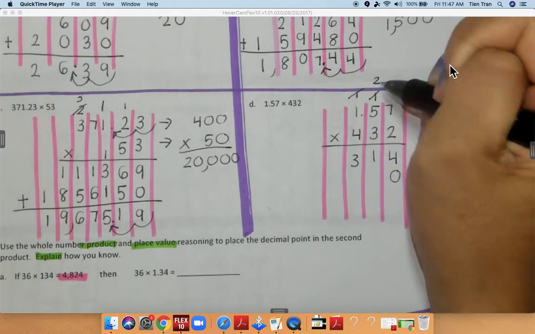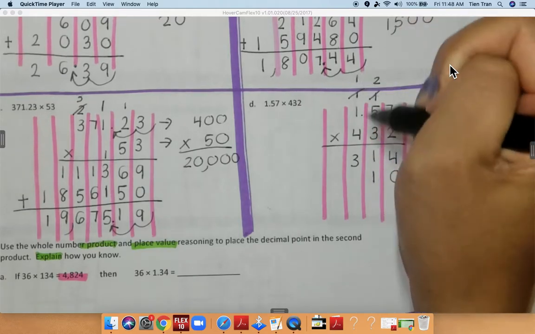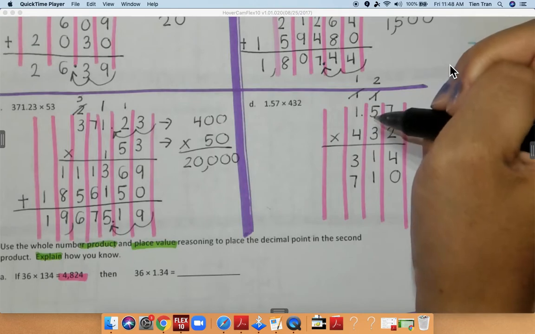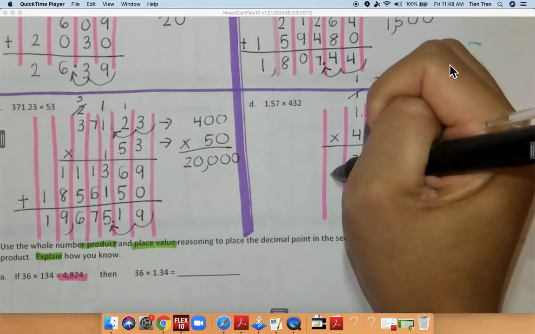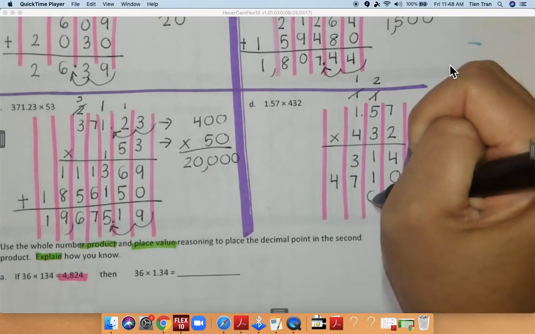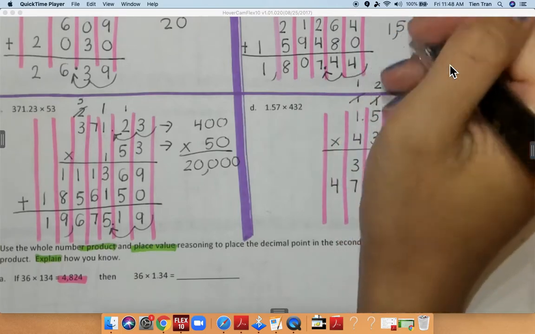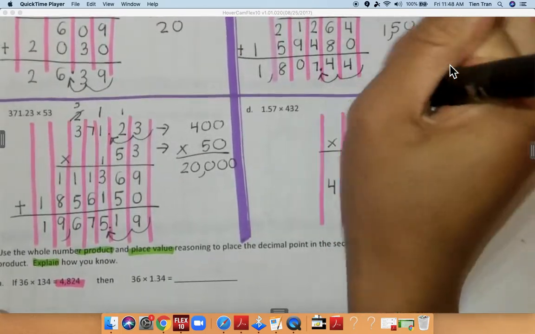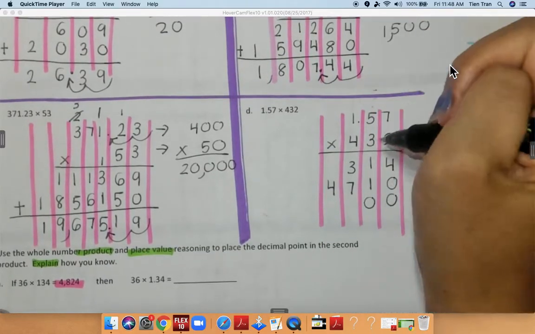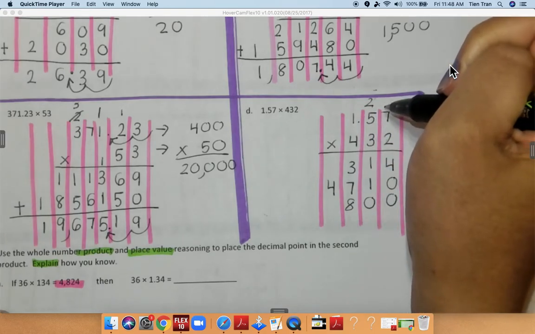3 times 7 is equal to 21. 3 times 5 is 15, plus 2 is 17. 3 times 1 is 3, plus 1 is equal to 4. And now I'm going to add 2 zeros because I'm multiplying in my hundreds place. Now it looks like I'm going way above there, so I'm going to erase these so I don't get confused. And now I'm going to multiply. 4 times 7 is equal to 28. 4 times 5 is 20. Plus